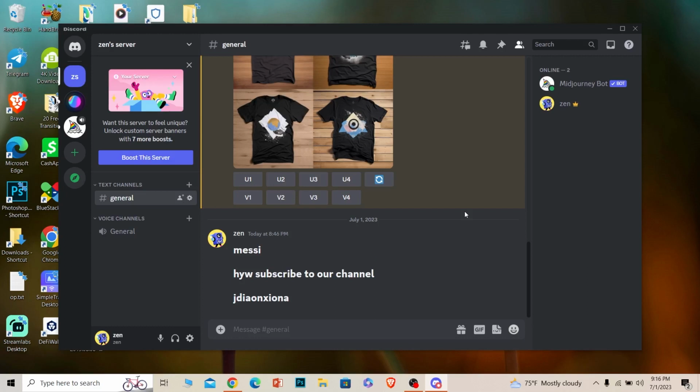Now this problem most people do not understand, but if you're in a call of a Discord server which has more than 50 members, then soundboard is not going to work for you. Soundboard is only going to work for a Discord channel which has less than 50 members. So if you have more than 50 members, then you can't fix it. The only way to fix it is to kick people out and have less than 50 members, and then you can use it. But if you already have less than 50 members and you're just not able to see the soundboard,